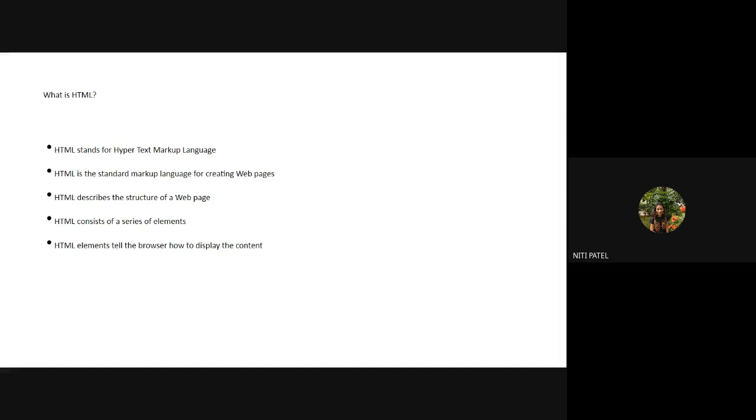Okay. So first, what is HTML? What does HTML stand for? It stands for Hypertext Markup Language. You can take a book and a pen and sit next to you. I will be telling you in the entire chapter what types of questions can be expected in your oral exam, so you can keep on writing it as a running note. So what is HTML? It stands for Hypertext Markup Language. This might be asked by the teacher to you during the oral exam.